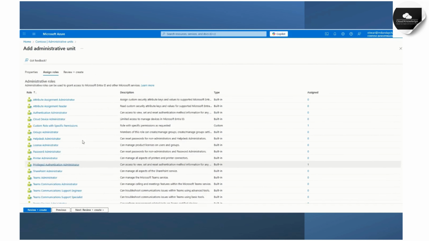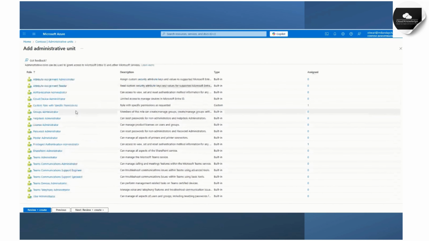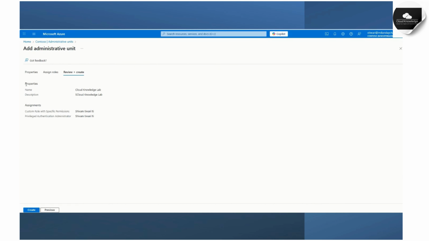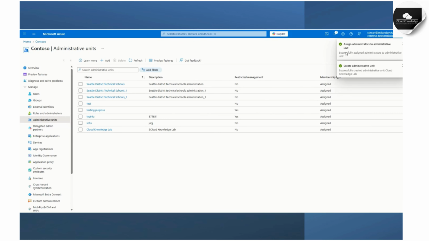Once you have successfully selected these roles, these tasks can be performed by any of the administrators within this AU. Okay, click on next. This is all the names you have given and the role permissions you have given: a custom role with specific permissions, and the privileged authentication administrator role. Once it has been created,